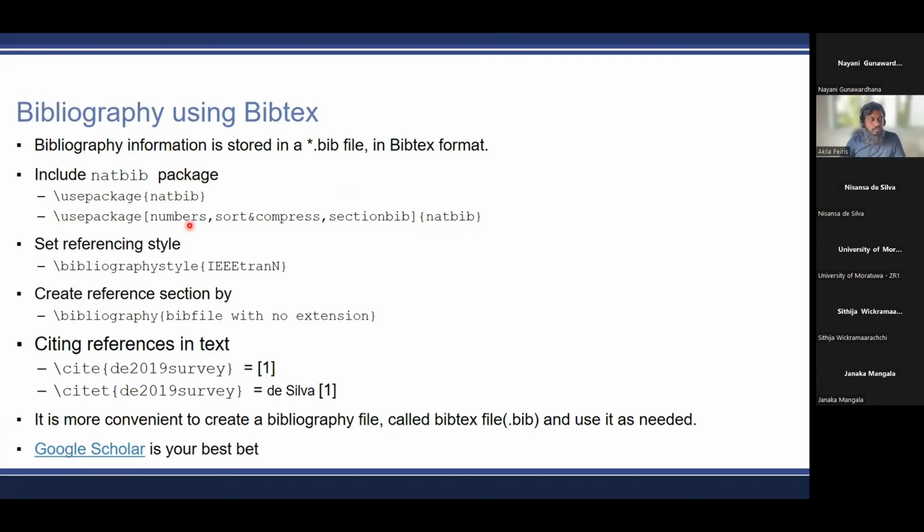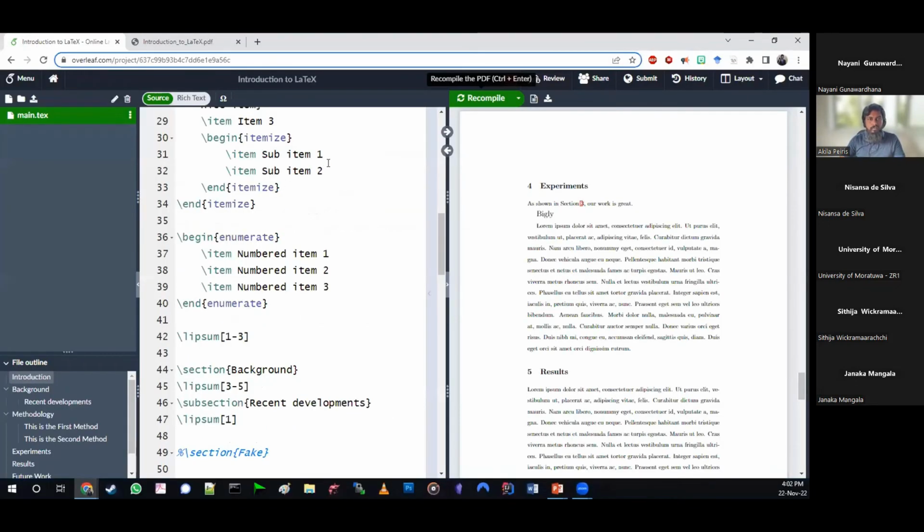So natbib is not the only package to be used, but it is the one that I personally like the most because it is very customizable. So you can just import it, or you can pass certain parameters to it. The reason that I am passing these parameters is that I am assuming that we are going to write an IEEE paper.